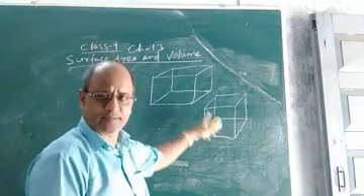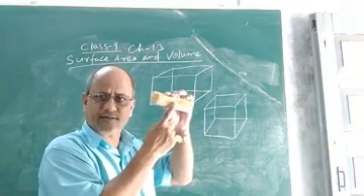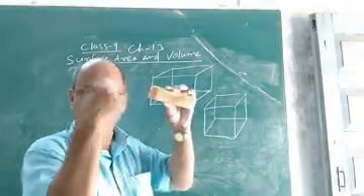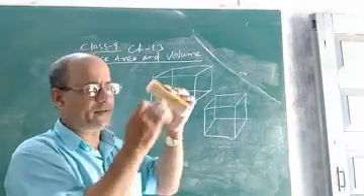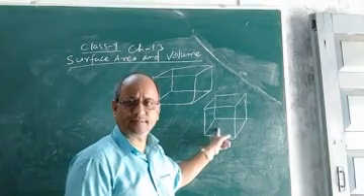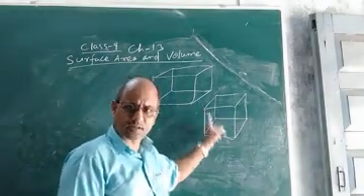Both will have 6 surfaces, just as I told you. A duster has 6 surfaces. What is a surface? I told you: any portion of the solid which we can see and touch. Each surface of a cuboid is a plane surface. It has no curved surface. In a similar manner, a cube also does not have a curved surface. It has only plane surfaces.